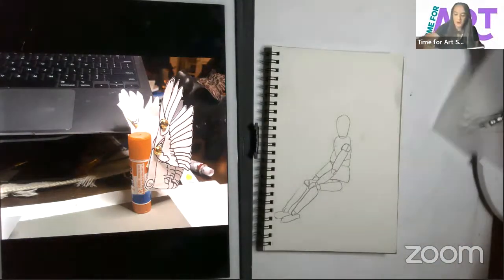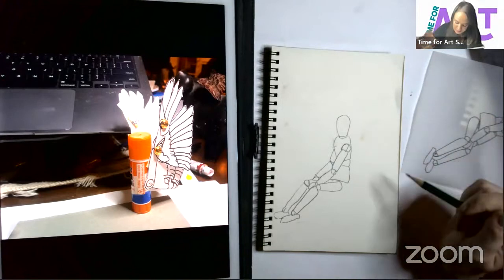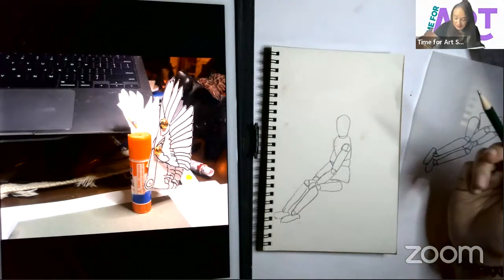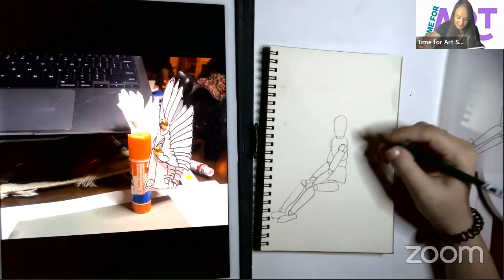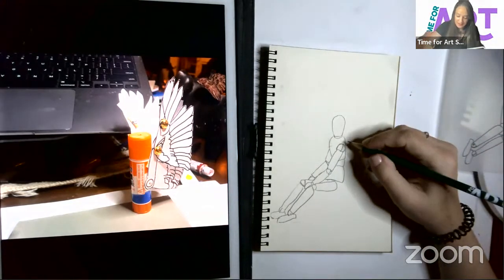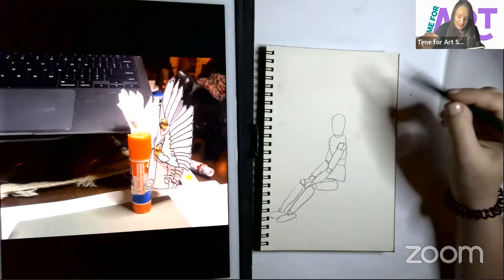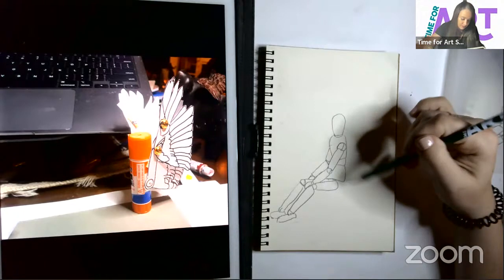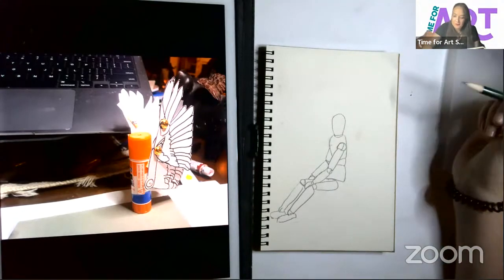All right, so here is our guy. We don't know who he's going to be yet. He could be anything. She could be anything. This is at this point a gender neutral model that we're going to add wings to. Could be a fairy, like Maleficent had kind of the bird wings. Could be an angel. Could be anything, right? We're going to add